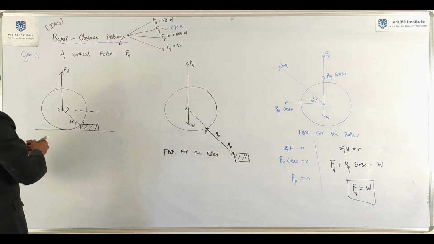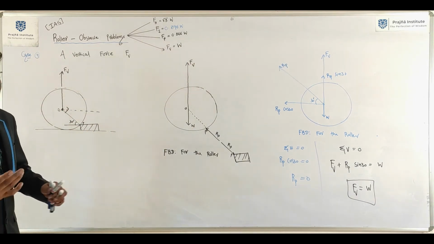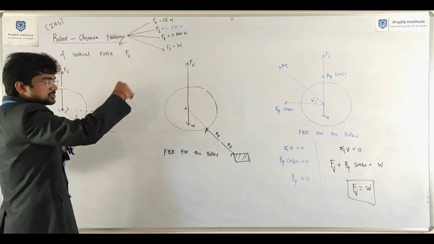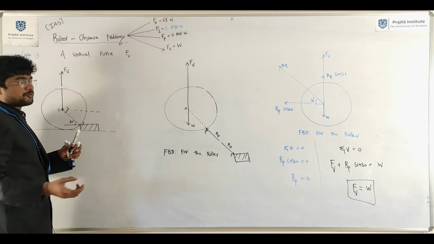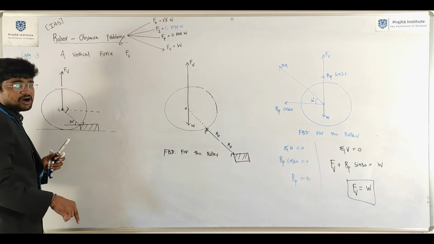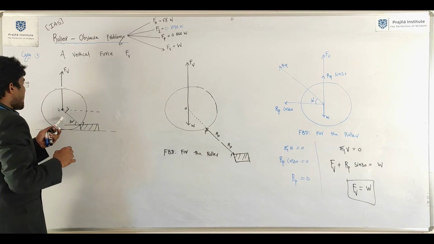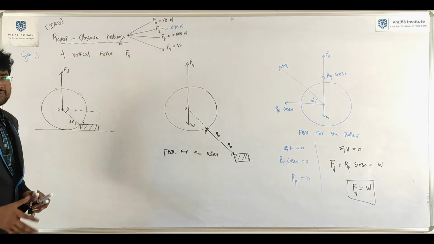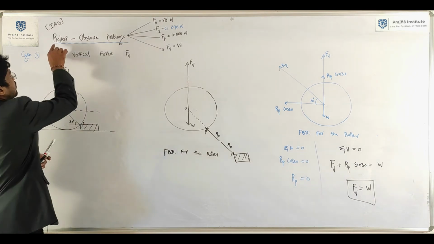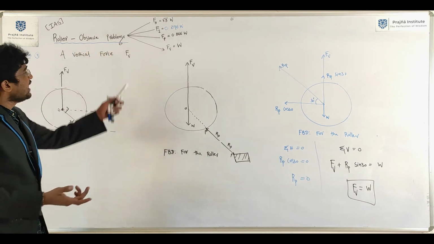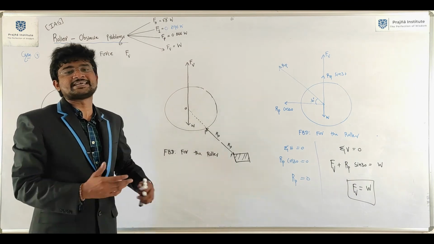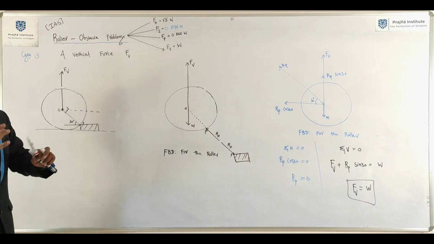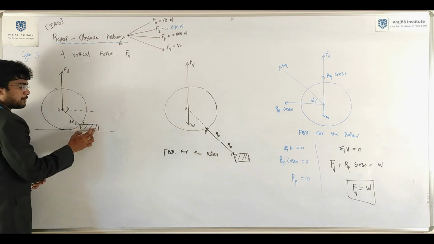Okay, we discussed total four cases. One is horizontal force, inclined force and a perpendicular force to the line of action OP, and vertical force. Total 4 cases we discussed for the roller obstacle problem. Any one of these 4 cases will come in GATE. Okay, so you are in position to play the game with roller and obstacle.